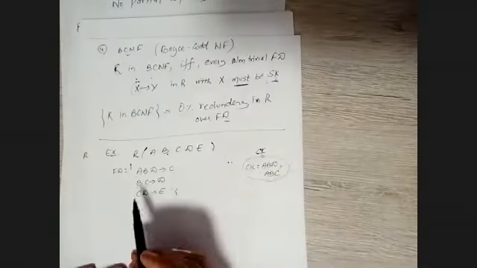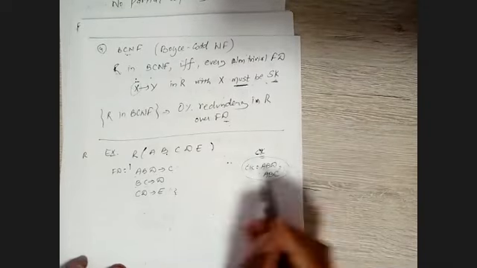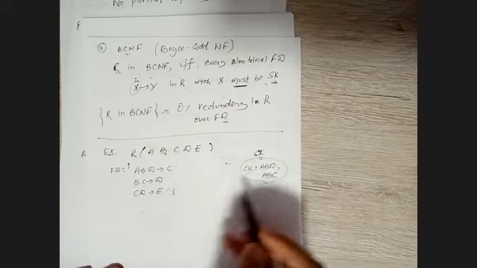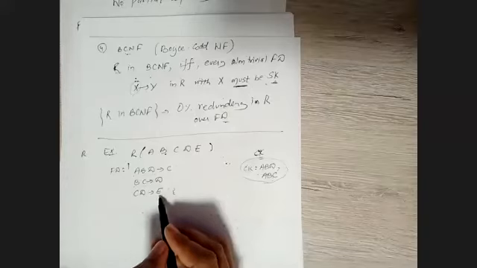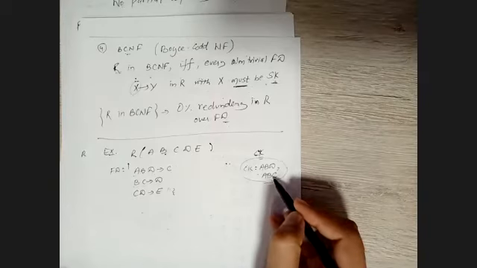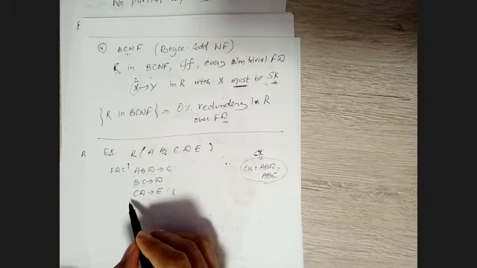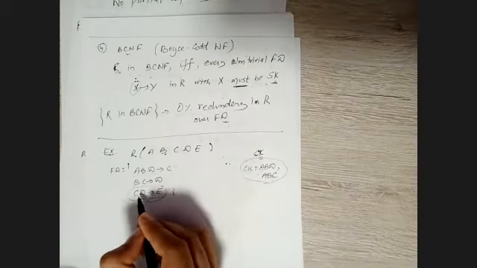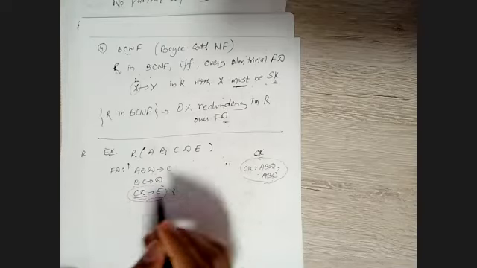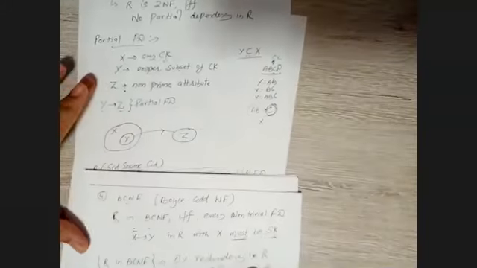So here CD, okay, that's fine. CD is a part, for example, even this is not a part as well. That's fine. But E is what? E is not a prime attribute. E is a non-prime attribute. So see here in this functional dependency, if I talk about this CD, is this CD a partial functional dependency? See in this question, in this topic.